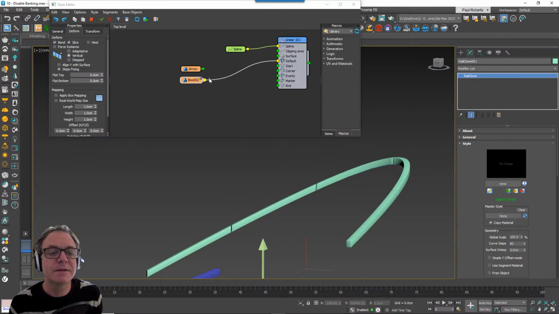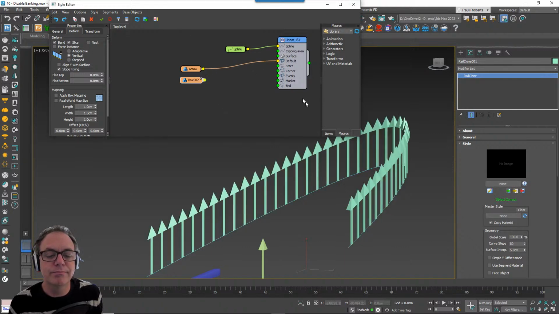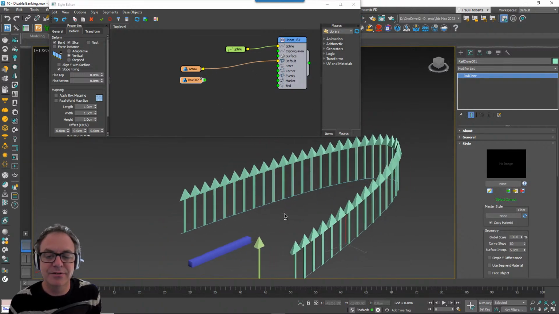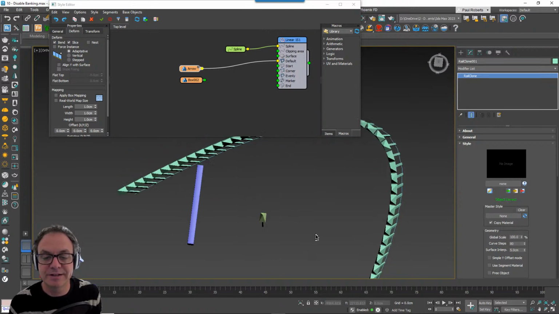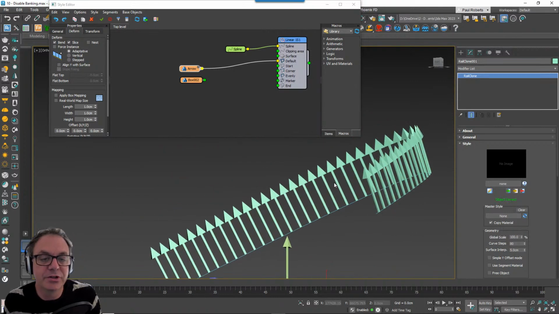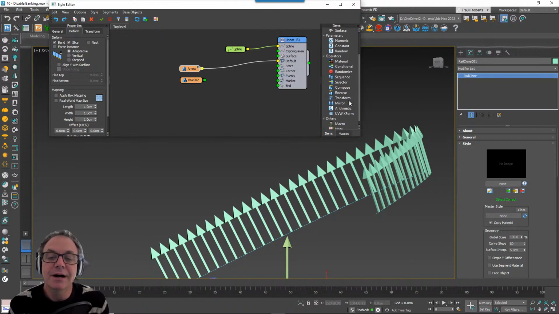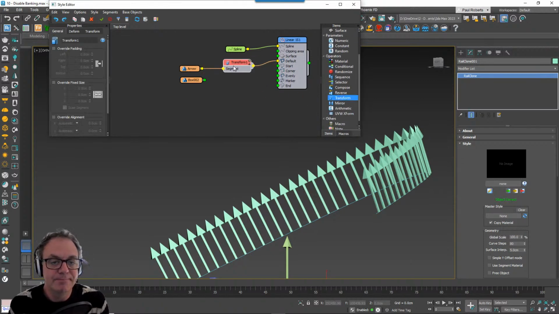real life. This is perhaps easier to see if we change this to arrows, so we can see in adaptive mode the problem a little bit clearer. There they are, facing over like that. So what we want to do is to keep that up. So the easy thing to do, now you know the problem, is to add a transform node in between.